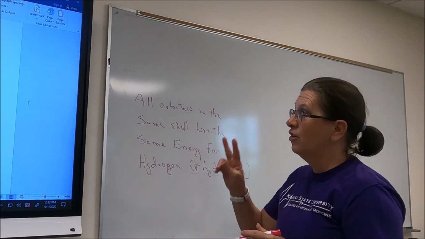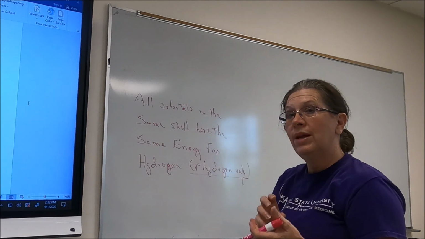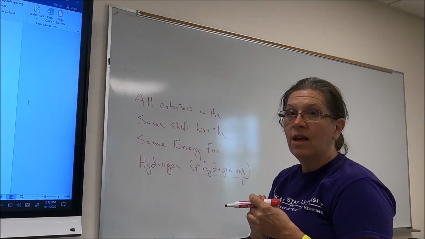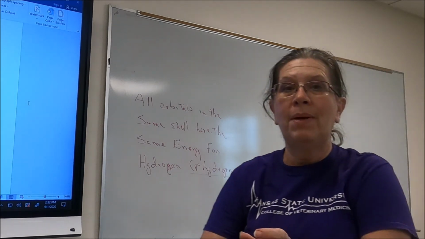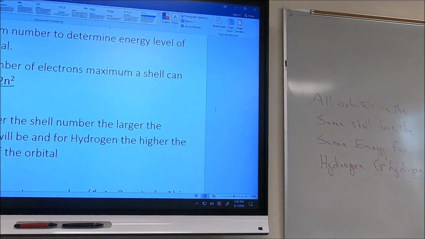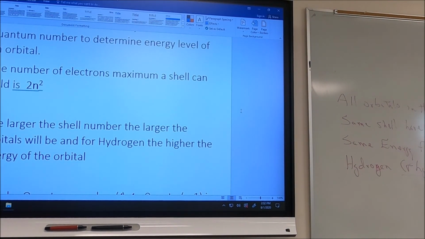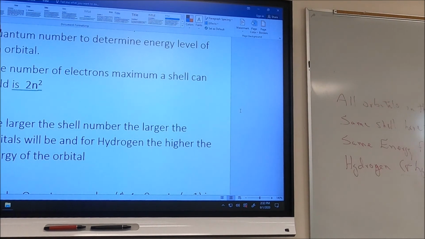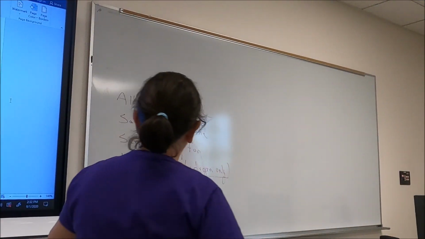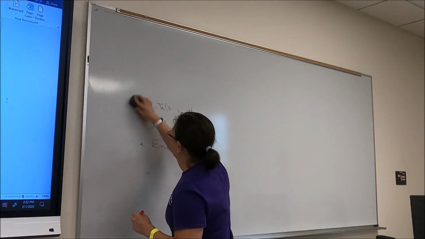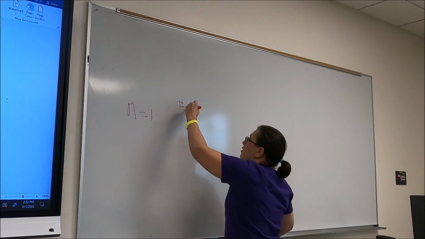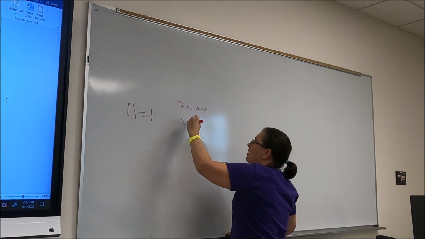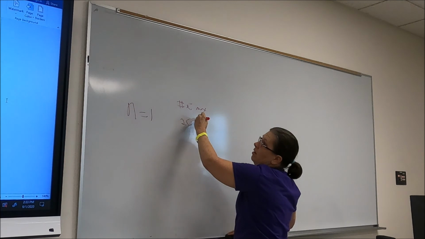Every other atom actually takes 2 quantum numbers to uniquely identify or give you the energy of the orbital. Okay? The maximum number of electrons that can be in any given shell is 2n squared. So in the n equals 1 shell, the number of electrons max is 2 times 1 squared,